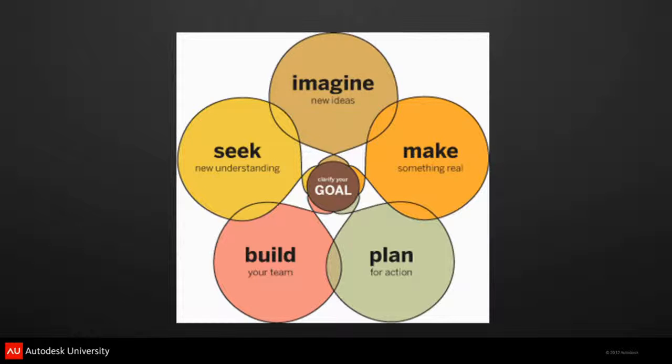So they now have set up another nonprofit that's focused on design thinking. They're basically saying the same thing with some different words. But imagine, seek to get understanding, build, learn from your mistakes, and then make something that's real. And they have a big focus. If you go to their website, they had this nonprofit, and it's called,